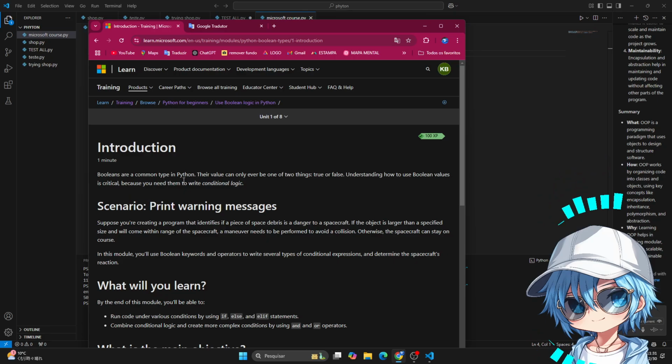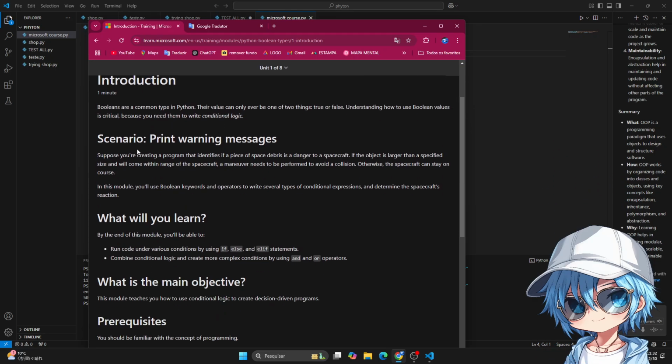Booleans are a common type in Python. Their value can only be one of two values, true or false. Understanding how to use Boolean values is critical because you need them to write conditional logic. Scenario: print warning messages. Suppose you are creating a program that identifies if a piece of space debris is a danger to the spacecraft. If the object is larger than a specific size and will come within range of the spacecraft, a maneuver